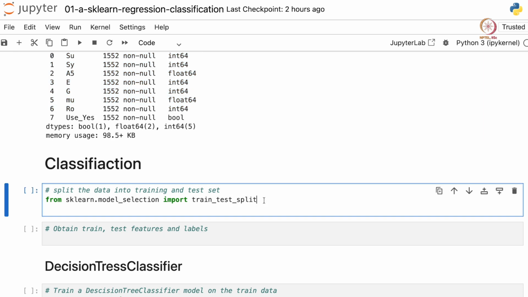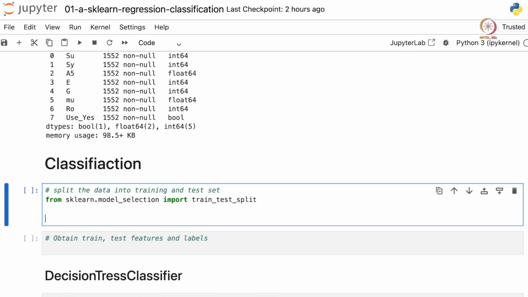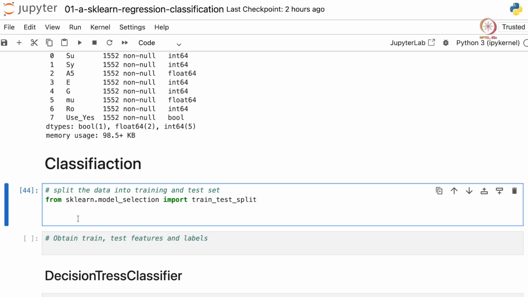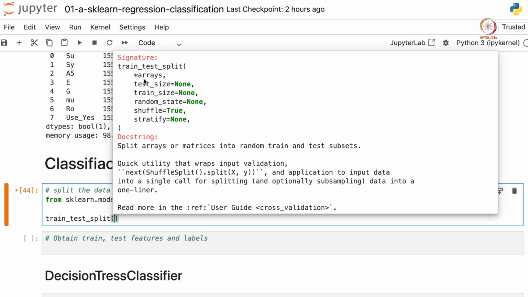Now for that, let us use separate train and test sets, and there is a nice way to split our data into train and test set using this train test split that is present in sklearn.model_selection. So let's use this train test split function. Let me run this first so that I can access what are the arguments required for train test split. So let me call train test split and press shift plus tab. Basically I have to provide the arrays, the test size or the train size, any one of them is sufficient. Shuffle is by default true, stratify is none, and we can provide a random state to ensure reproducibility.